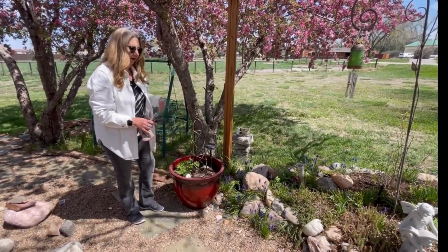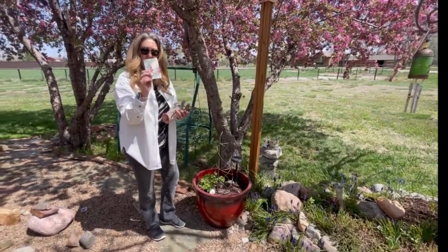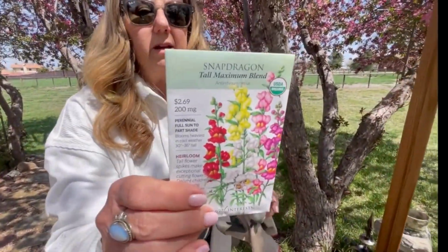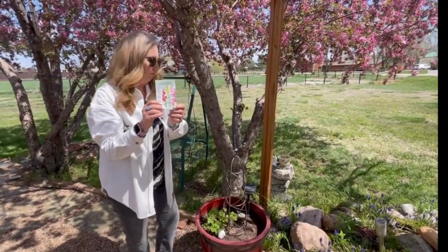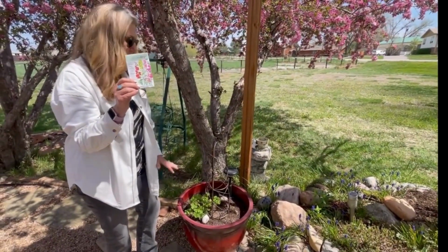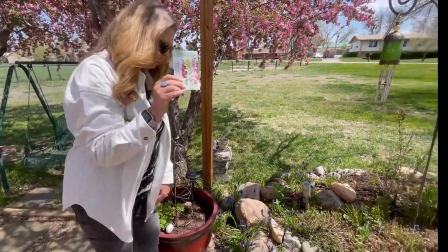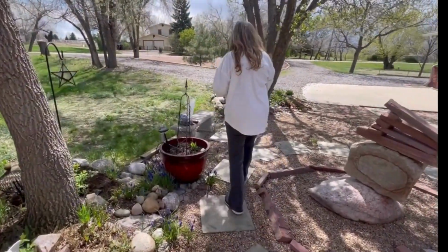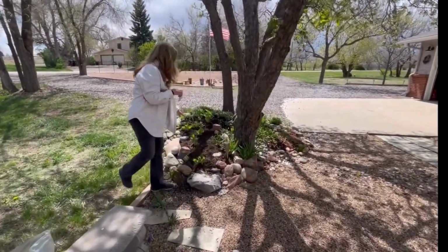And by just buying a packet of seeds, and I happen to have in my pocket here some snapdragons that I have helped to germinate by putting them in the freezer for 48 hours. So that's been happening. I don't know though, as cold as it's been here, we could have done that just outside, right? So come on over here, and one more thing I want to show you is